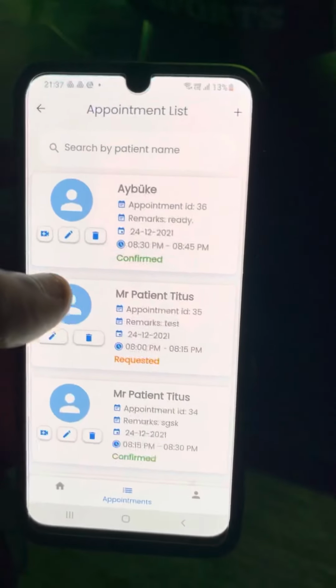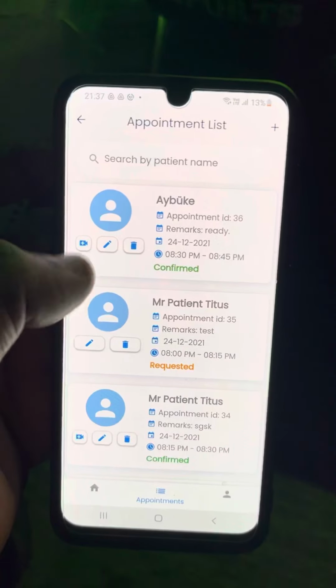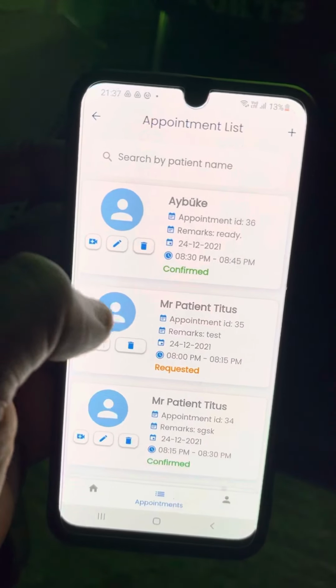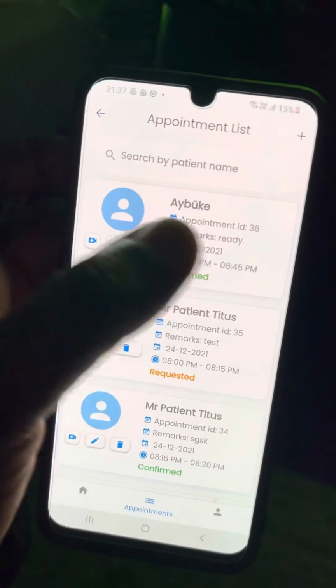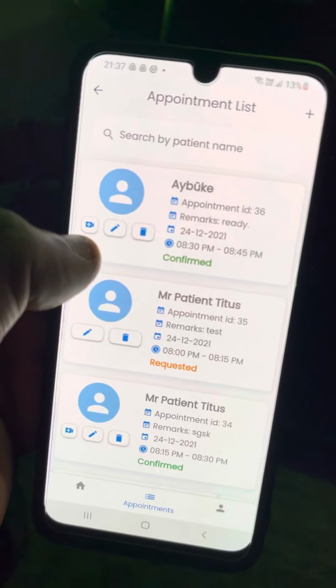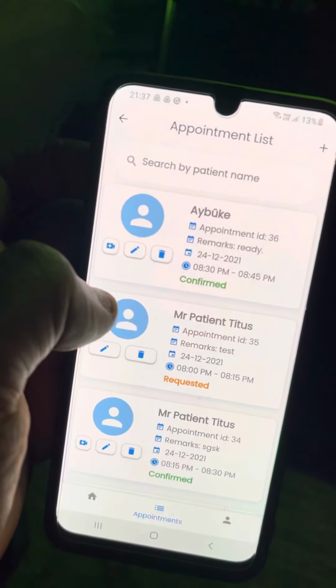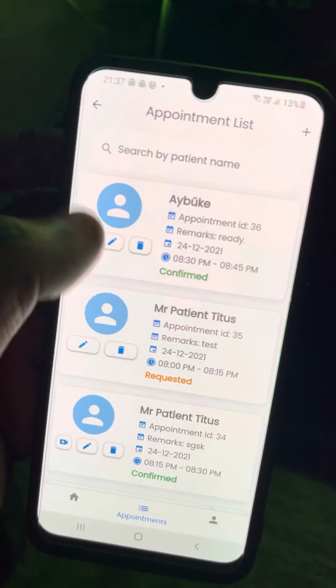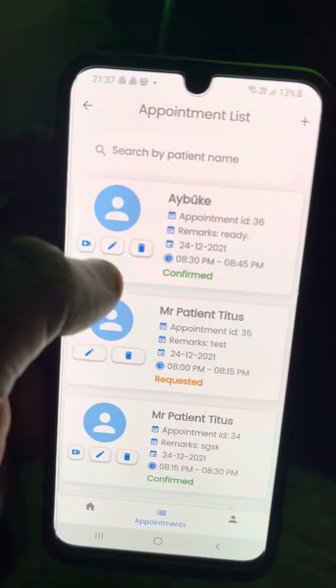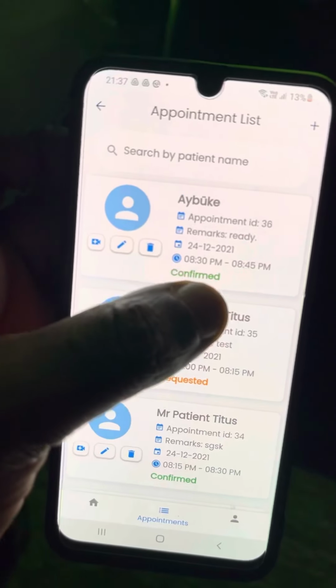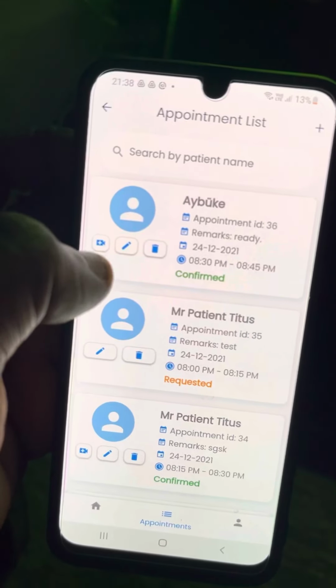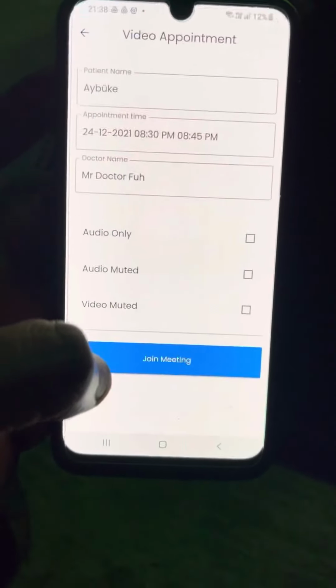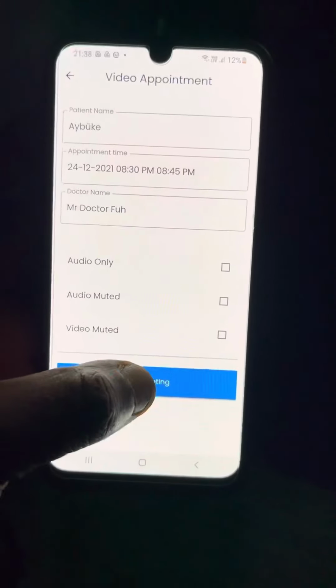So now you see when it's updated, the doctor now has the opportunity to call the patient, because it's a booked appointment. You may want to call to let them know they should come with someone, or to see if they're medically fit to be there, some things like that, I don't know. But basically it links the doctor to the patient. You could call by video, and let's try to see. Okay, so